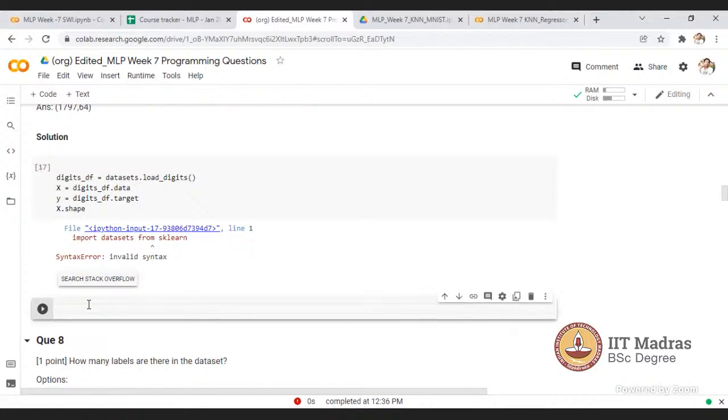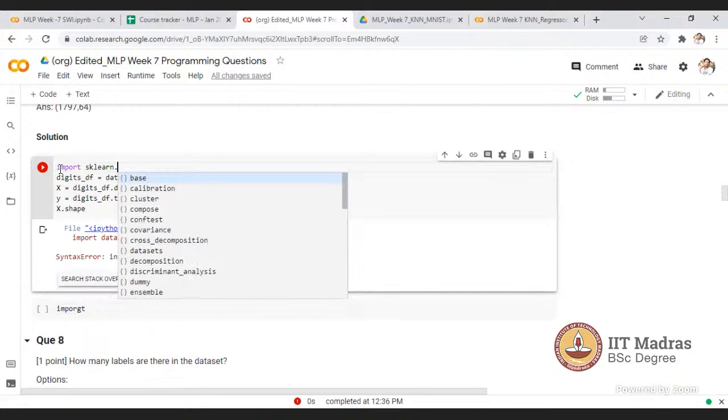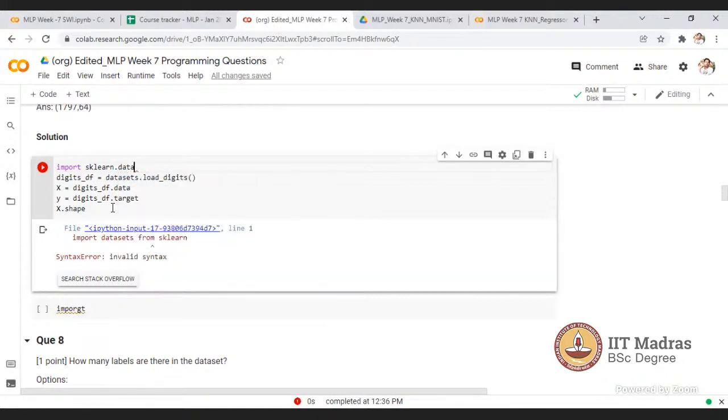Okay, so import datasets from sklearn.datasets. You can just type sklearn dot and then press control space or tab, and it will display all the options. Yes, from sklearn.datasets import load_digits. I was just confused about something with that. Yeah, sklearn datasets, that will work.